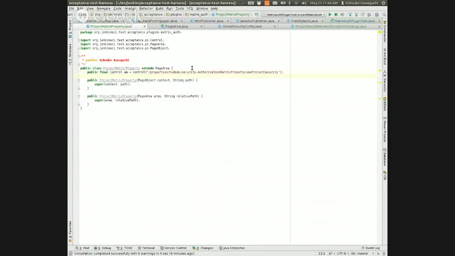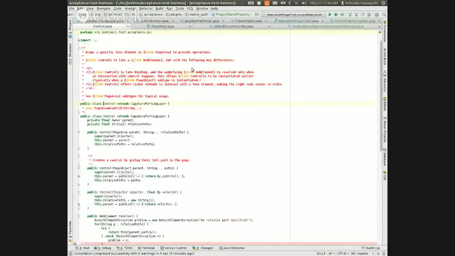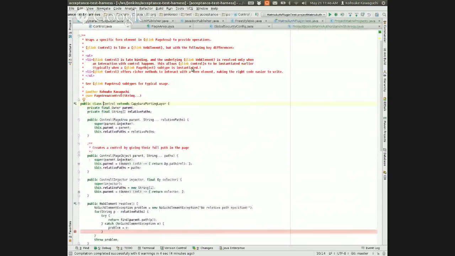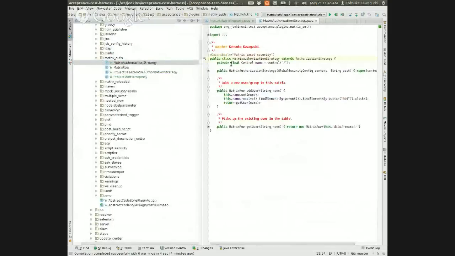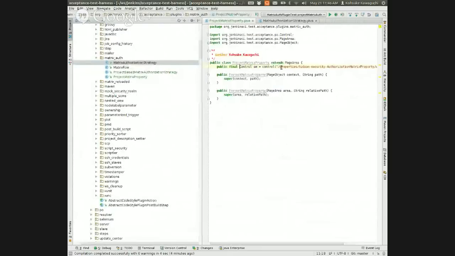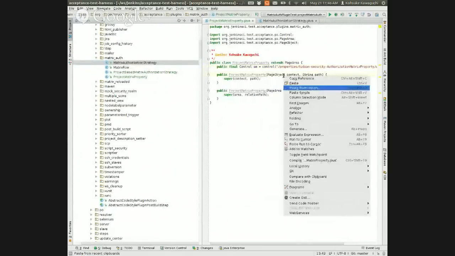So the control shows up everywhere. The one that here you see this control. So these are all bounded, and these are used to interact with them. So here, what we want to do, going back to the